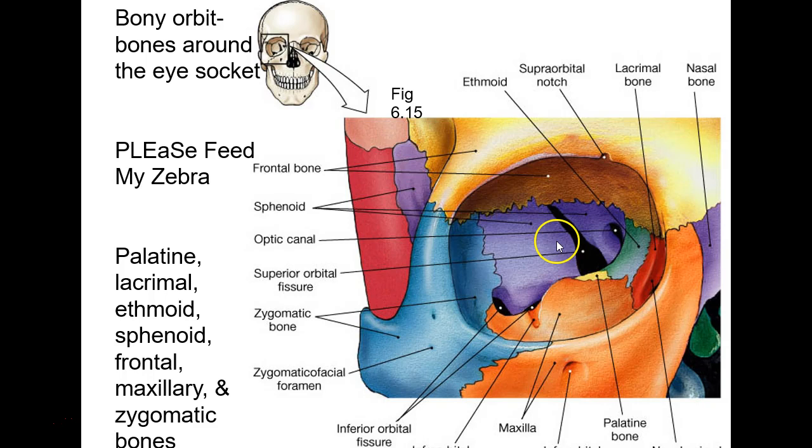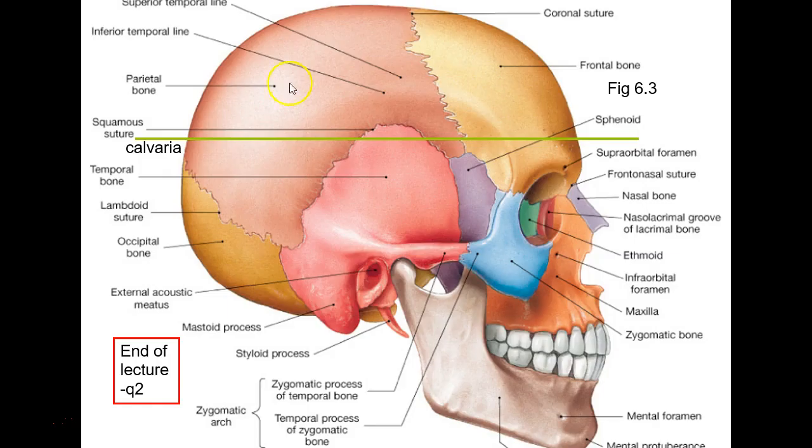Now, on a real skull, I wouldn't point at something tiny like this ethmoid or this piece of palatine right here. They're just too little to see. Color-coded guy like this, yeah, maybe I could do it. But you might go, palatine? I thought your palate was way down here. What's this bone doing up here? Well, it has little wings that poke way up, or a wing on each palatine bone, right? And one goes to this orbit, one goes to the other orbit from the other palatine bone. And you'll see that on another slide. Okay, so